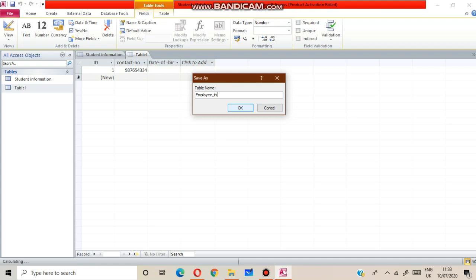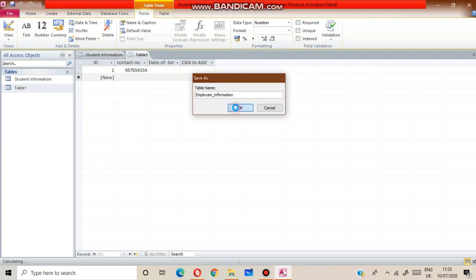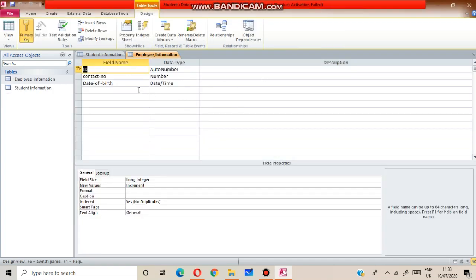Here you can see you can remove the primary key. Later on I will discuss what is a primary key.